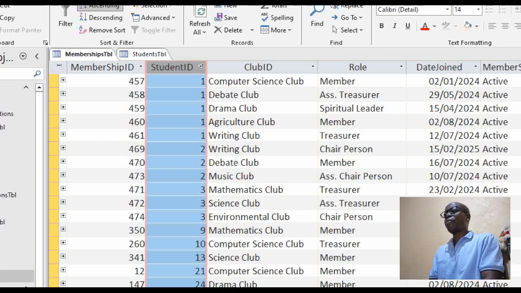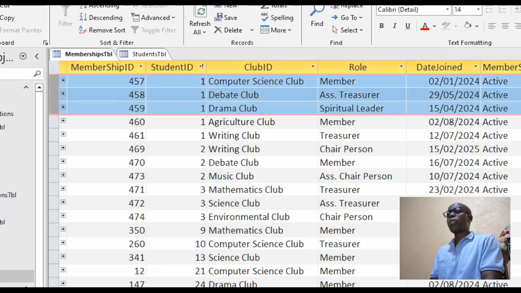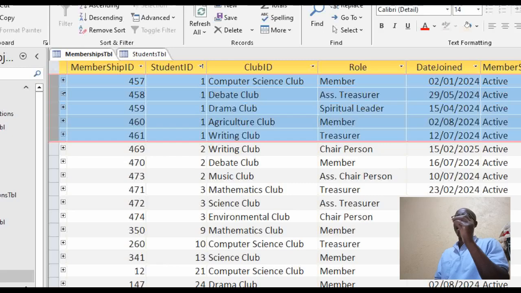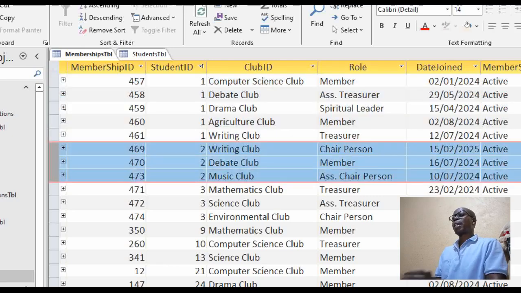Queen Stacy is in computer science, debate, drama, agriculture, and writing club. The student with ID number 2 already has 3 clubs. We are missing in action student number 4, number 5, number 6, and so on.